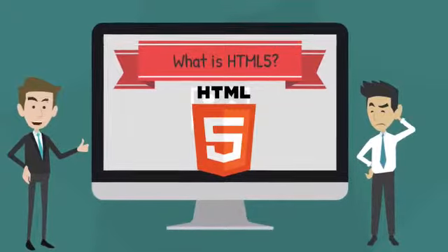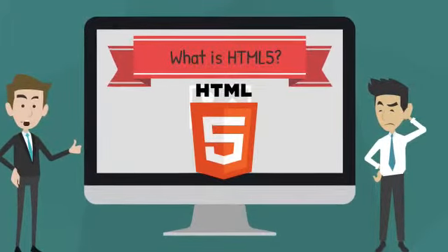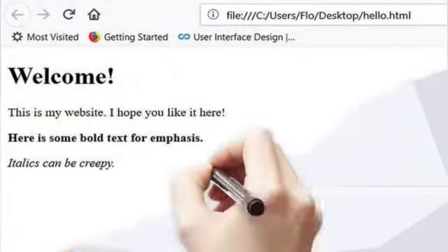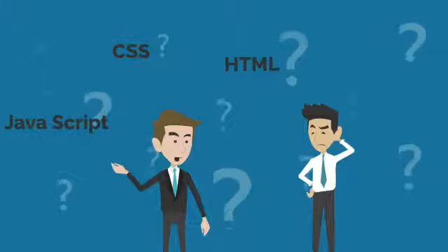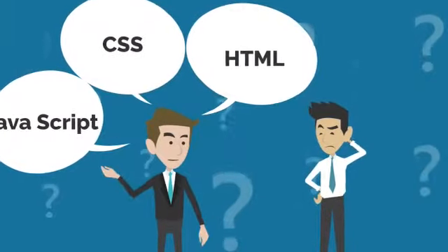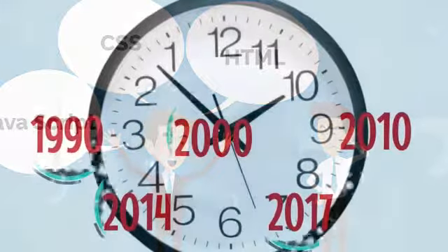So, what exactly is HTML5? HTML5 is the latest version of HTML, the code that describes web pages. It's actually three kinds of code: HTML, which provides the structure, CSS, which takes care of presentation, and JavaScript, which makes things happen. Since the original HTML was invented with the web over 20 years ago, it has gone through